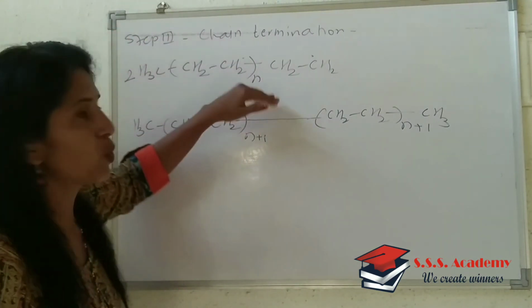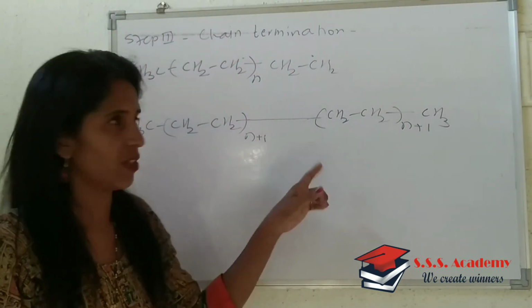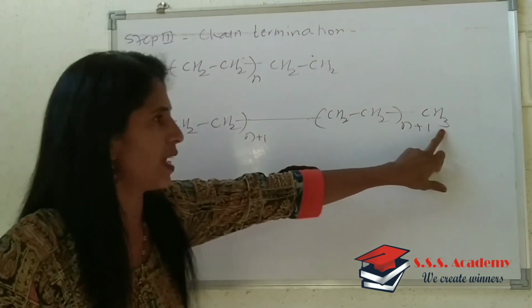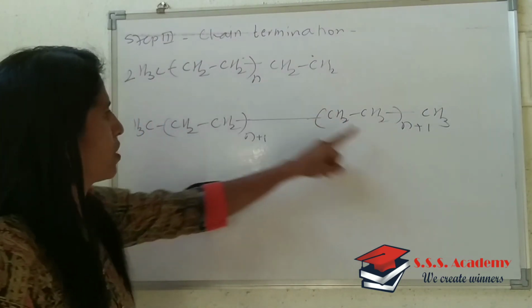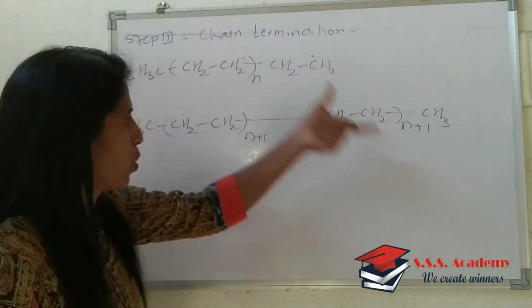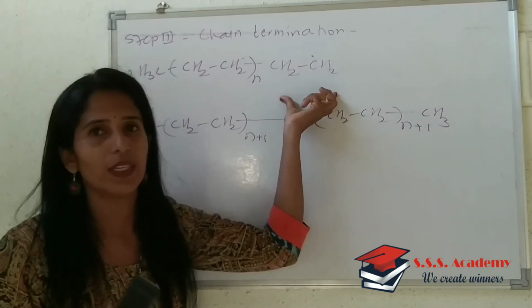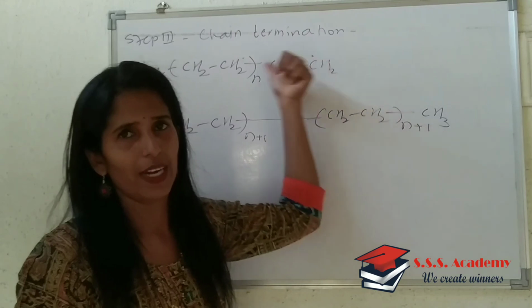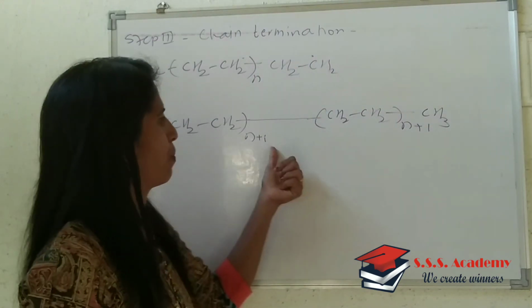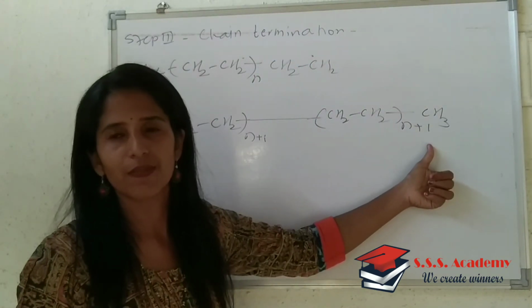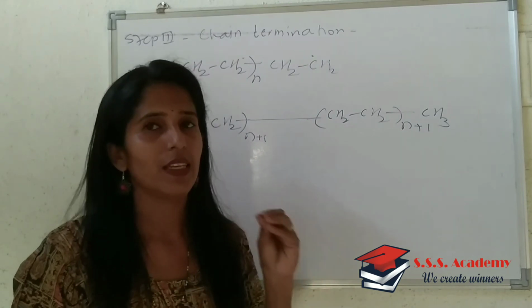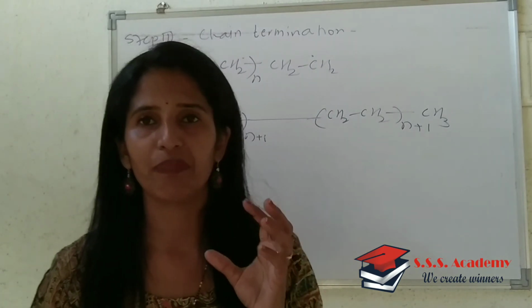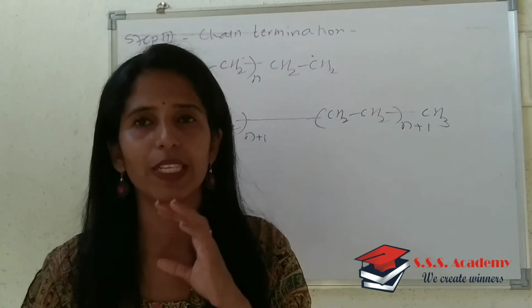Okay, and one more such unit is present along with this. Therefore I have written CH3, that's CH3. Then this CH2, CH2 with n moles as it is. But along with this, there is one ethylene unit. So that's why I have added 1. Is it clear? So instead of writing n over here, we have added n plus 1 over here. Okay. So with this, that is the third step of the free radical mechanism.